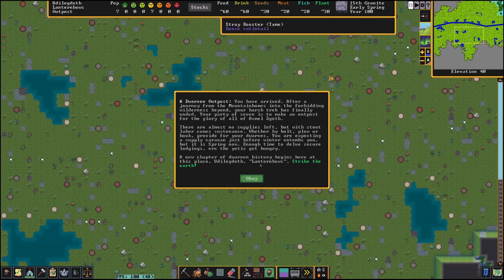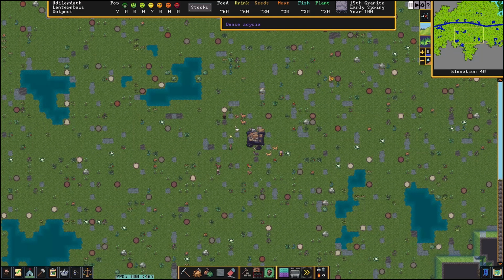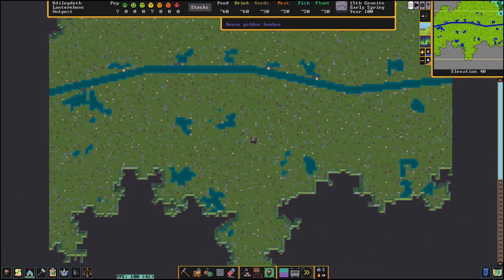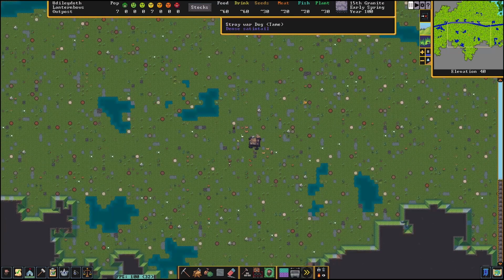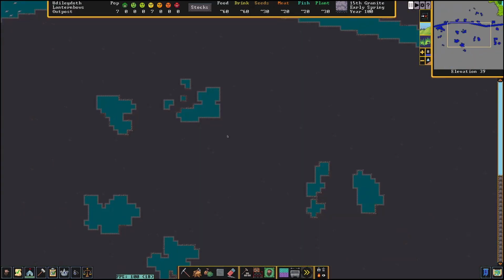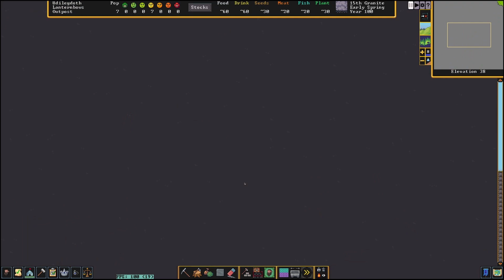I'm not even going to try. Okay. All right, so here is our home to be. Yeah, it does have a lot of water nearby, huh? I mean, I guess that's fine. We're going to have to dig past that, but we can certainly do that. I like to build...